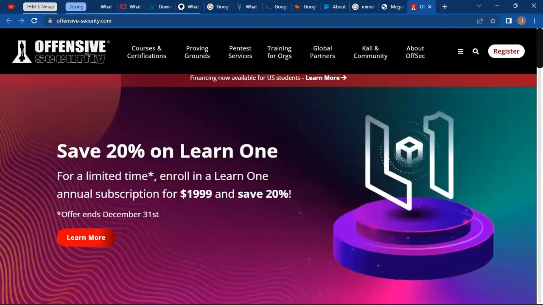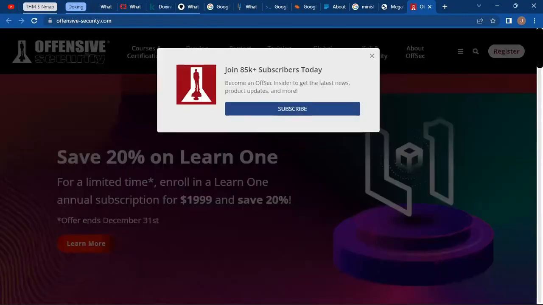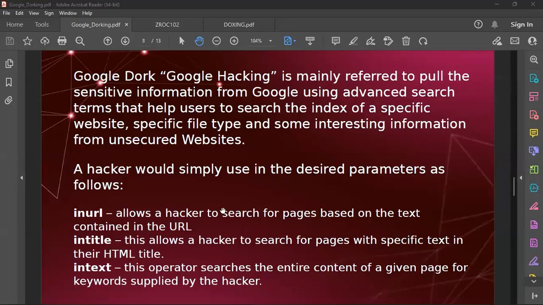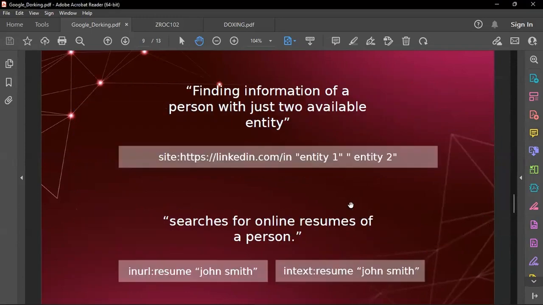All right, so Google Dorking, as I was saying earlier, is the ability for you to use some parameters to narrow your search. And we're going to be seeing how we're going to do that. We're going to be using